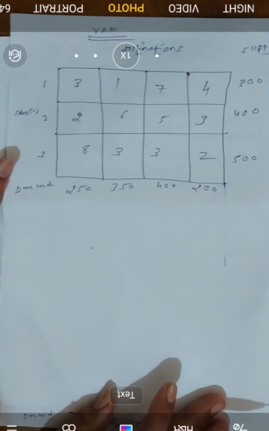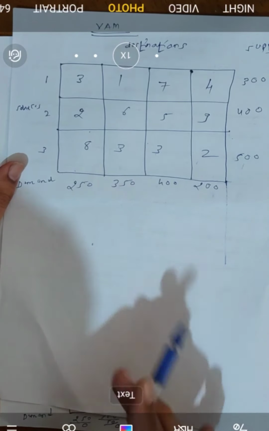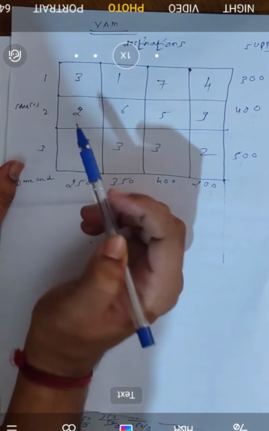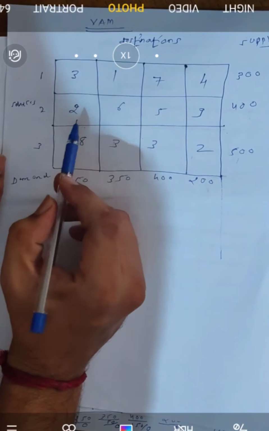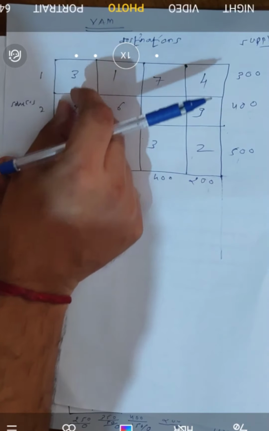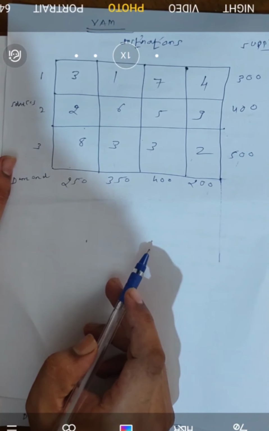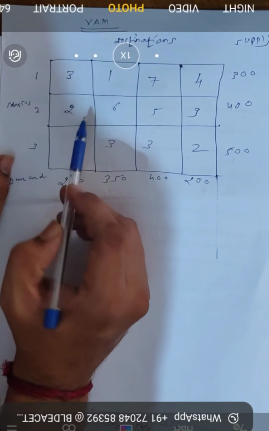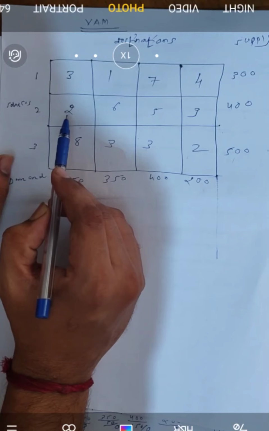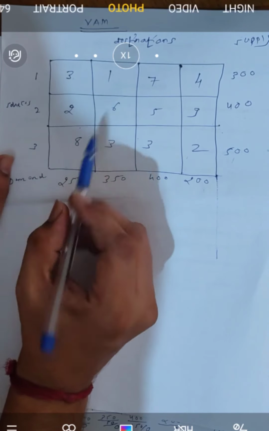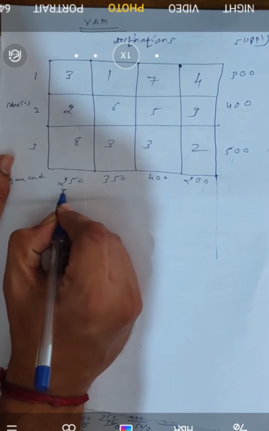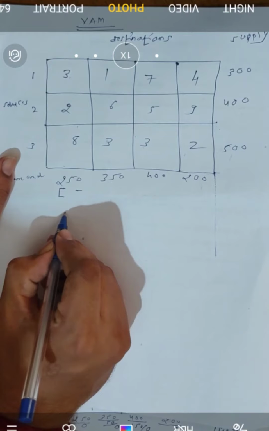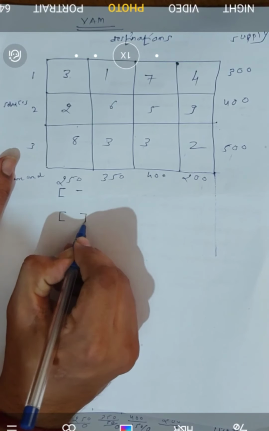So now how to do? What am I going to do? I am going to consider the first column now. I am going to consider the two least elements of this column. What is the first least element here? 2, correct? The next least element is 3. So what is the difference? 1. So I am going to write 1 here, below.